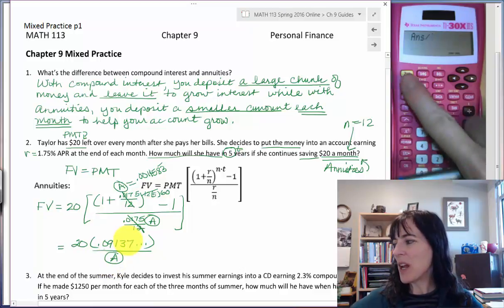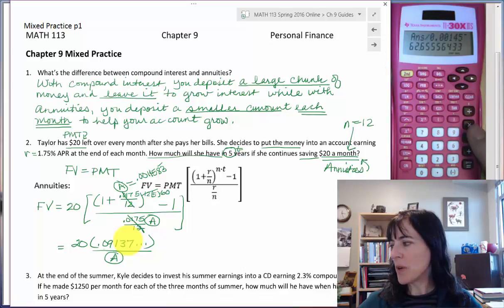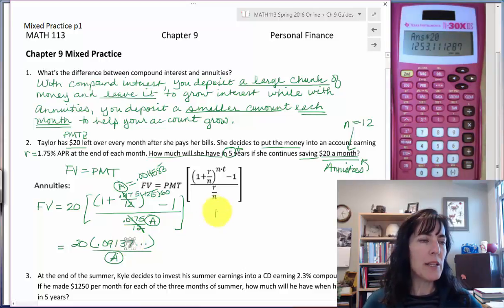So I divide by recall A equals, I get 62.6555, and then that number gets multiplied by 20, so times 20 equals, and I have a future value of